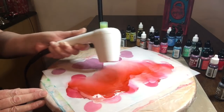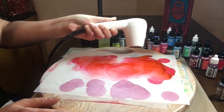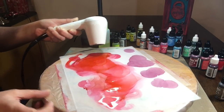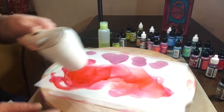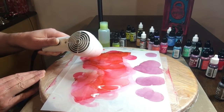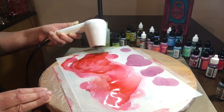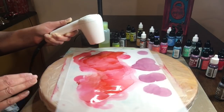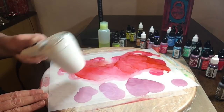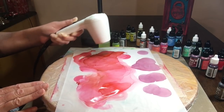If you want to use a plain alcohol wash, you can certainly do that. I've tried that as well, and in some cases it's just fine. For this particular technique and for what I'm attempting to do here, which is a floral, I'm just not entirely sure what type of flowers, but gee, what kind of flowers don't come in pink and variations on pink. So that's my point in using the yellow again, was just to add even more to the color tones as the yellow